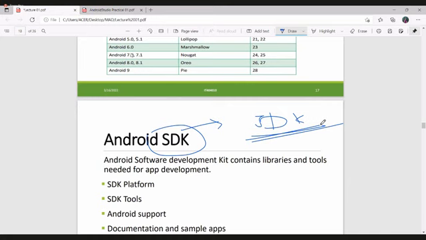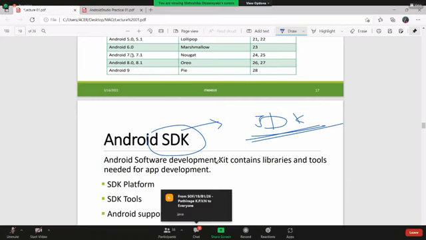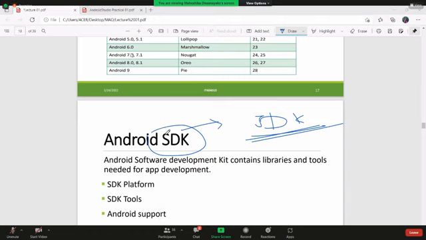Did you do the Java, no? Java Development Kit. No. This stands for Java Development Kit. Likewise, this SDK stands for Software Development Kit. Okay. So under this Android SDK,